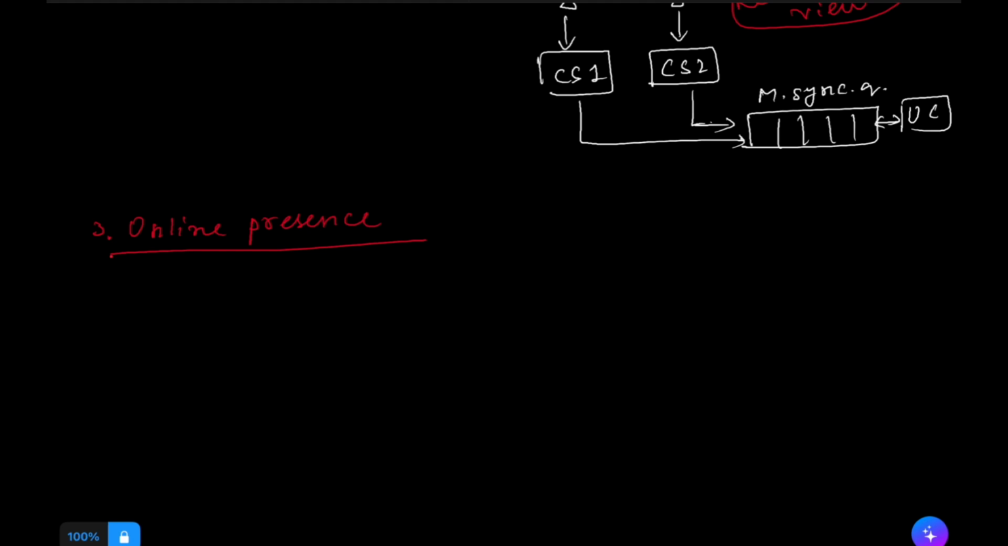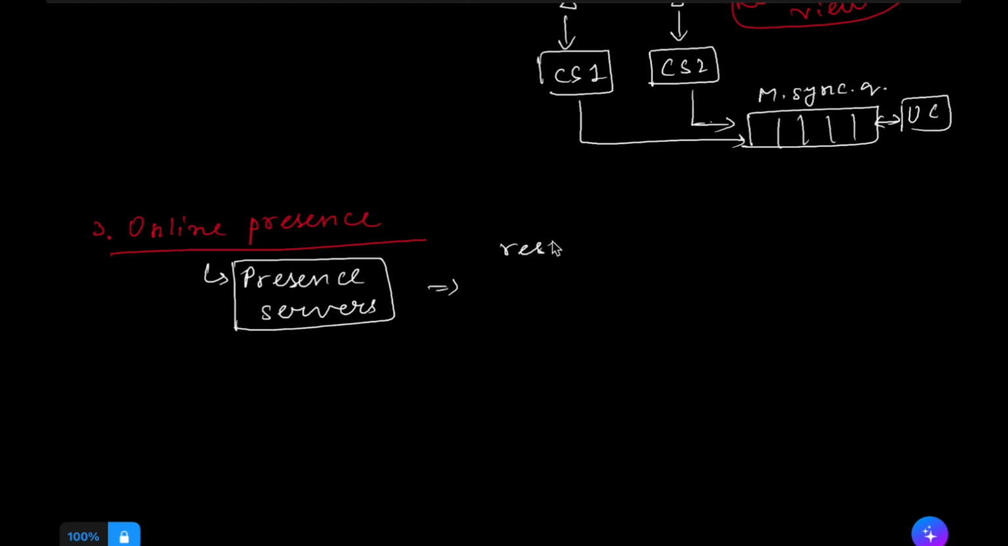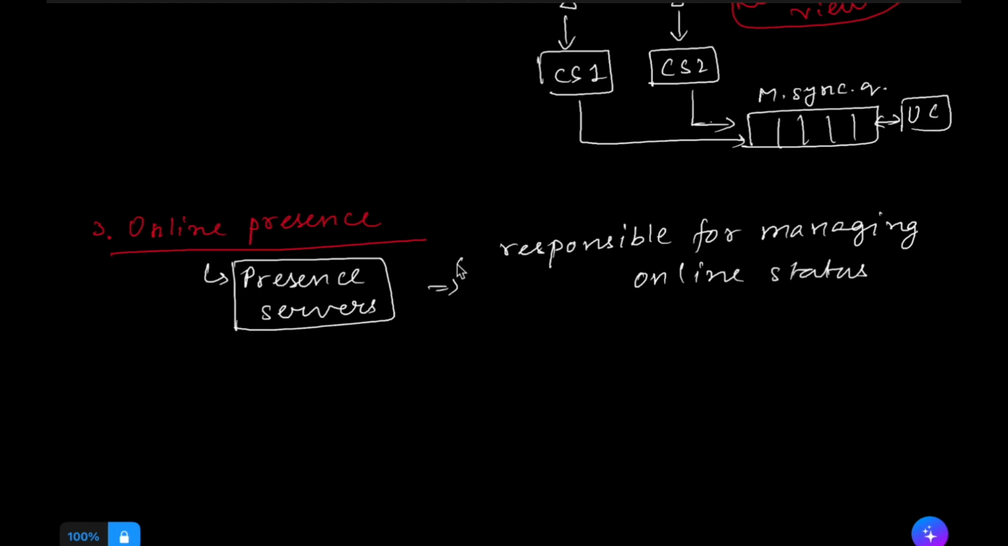So this is handled by the presence servers. These are another server in the system architecture. These handle the presence. Their main functionality is responsible for managing online status, and the presence server communicates also through a WebSocket protocol,